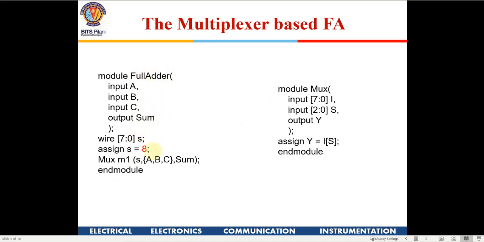First of all, in this MUX, I is 8-bit data, S is going to be 3-bit data, and Y is going to be 1-bit data. When you are making a full adder, you are taking a, b, c and sum. Sum is 1-bit data, so that is not a problem, because here also the output Y is 1-bit.